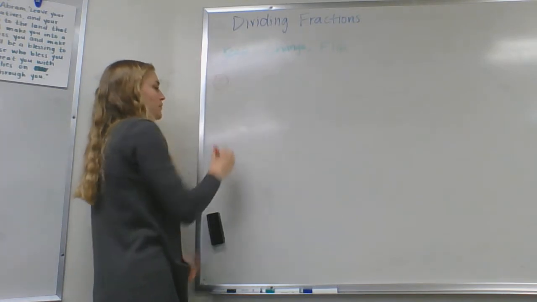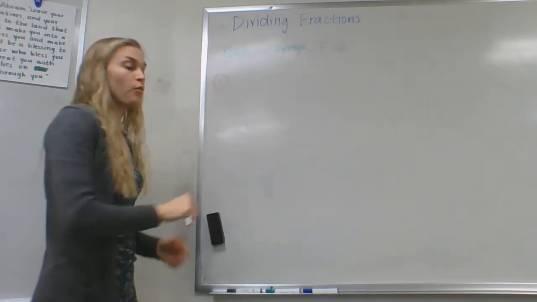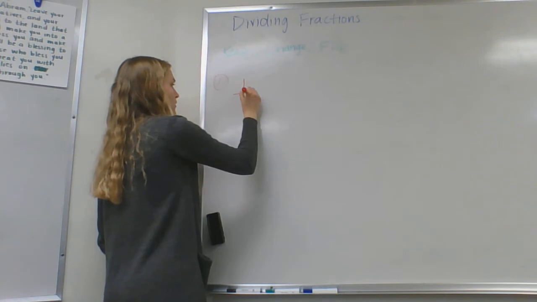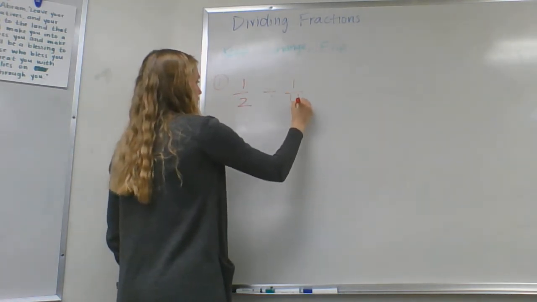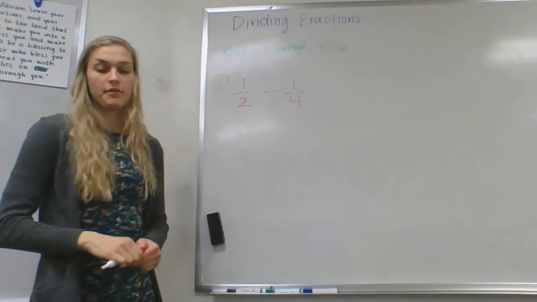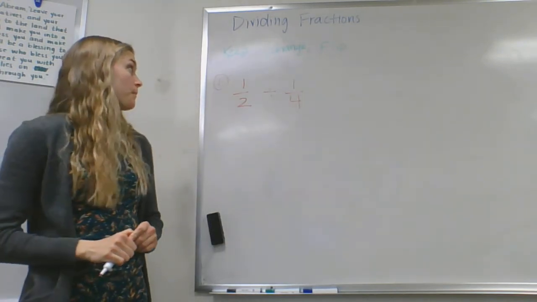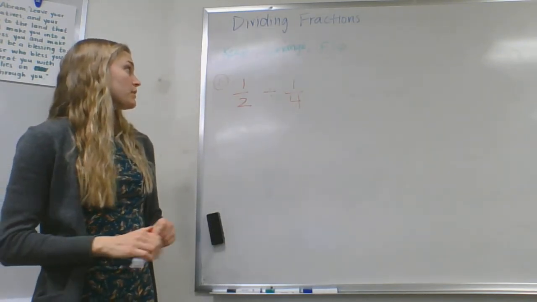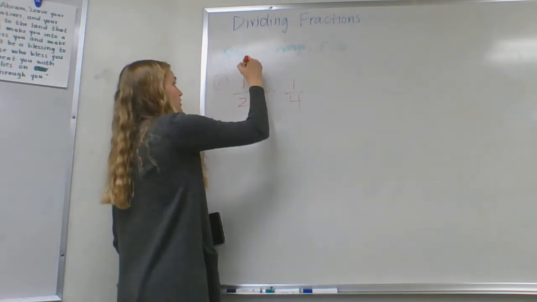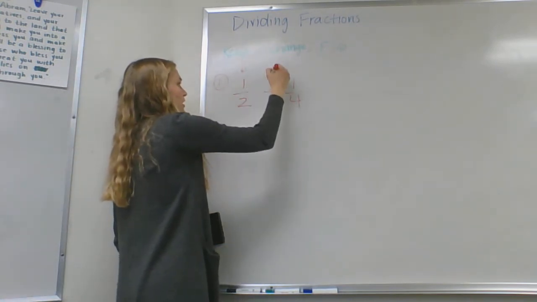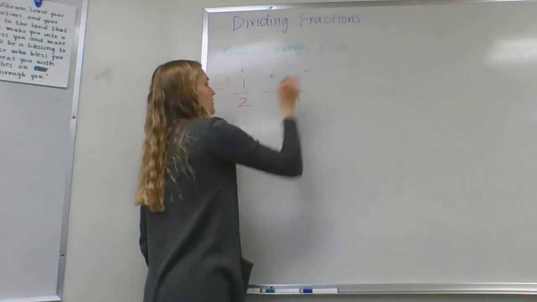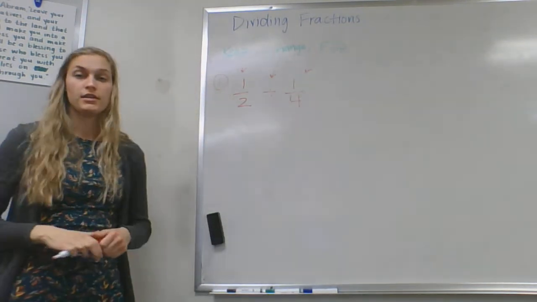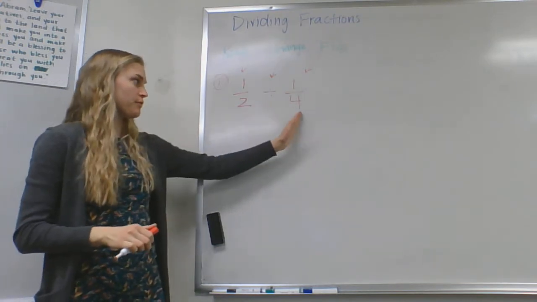So example 1, we're going to do 1/2 divided by 1/4. Okay, 1/2 divided by 1/4. Here's what these words mean. Keep is talking about the first number. Change is talking about the division. And flip is talking about the last number. It's always like that. You keep, you change, and you flip. And then